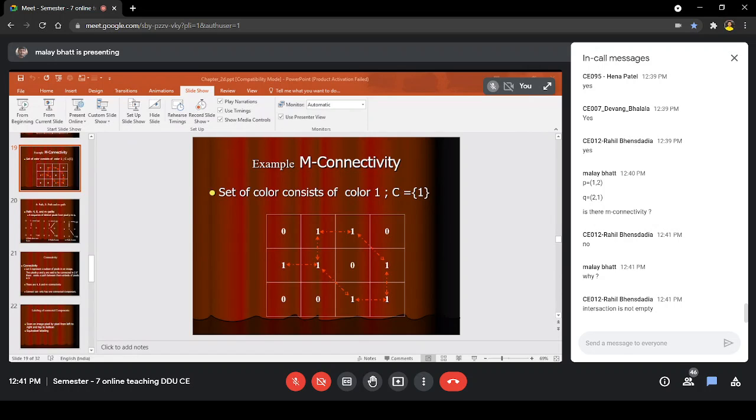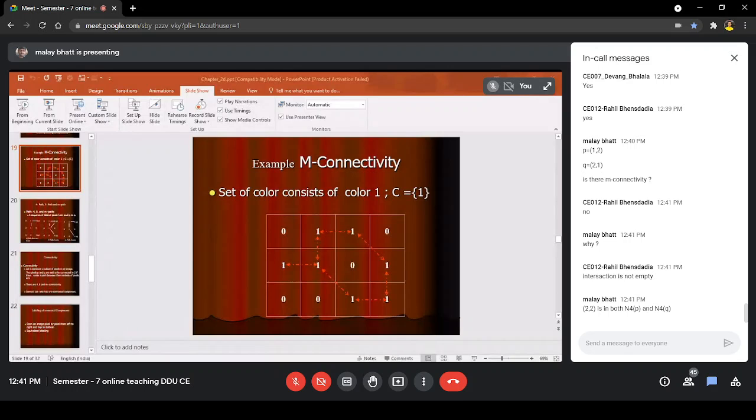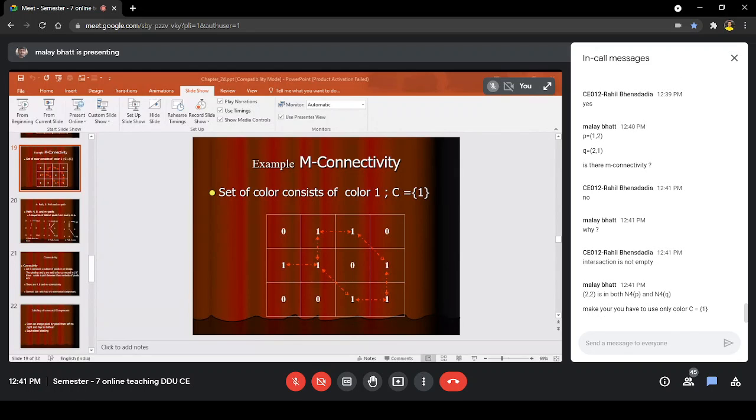Yes, there is an intersection point, that is 2, 2. 2, 2 is in both N4 of P and N4 of Q. But make sure that we are using color C. We have to use only color C equal to 1.